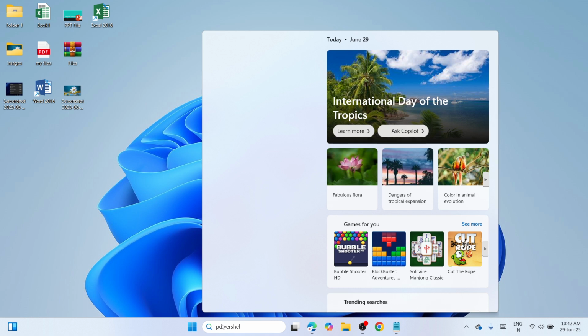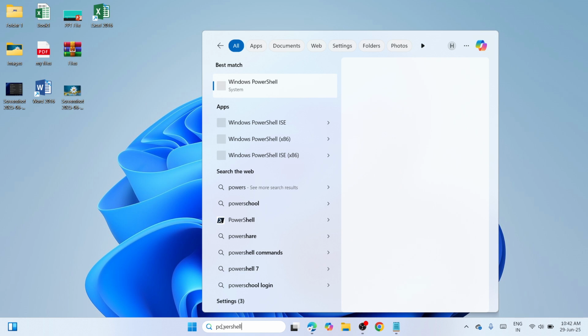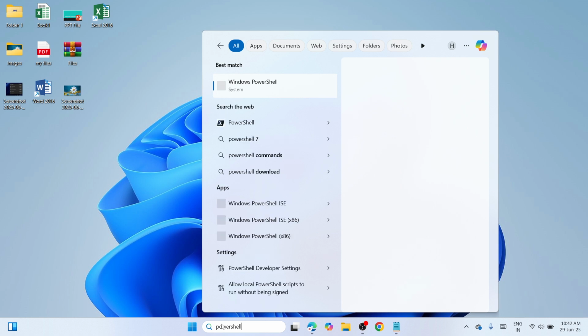Then wait until you can see the best match, which is Windows PowerShell, and then you need to run it as an administrator. So please click on Run as Administrator,